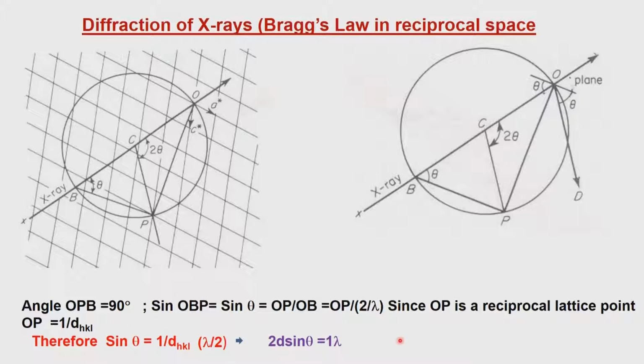So, you therefore derive the Bragg's law in reciprocal space in the following way. I suppose with the explanation given before and the explanation on this diagram, it is clear now how to work out the Bragg's law in reciprocal space. Now there are two issues which we have brought up here.